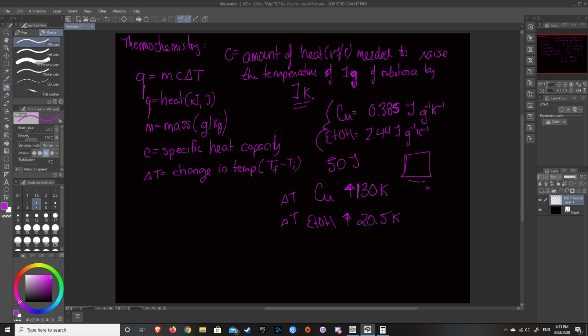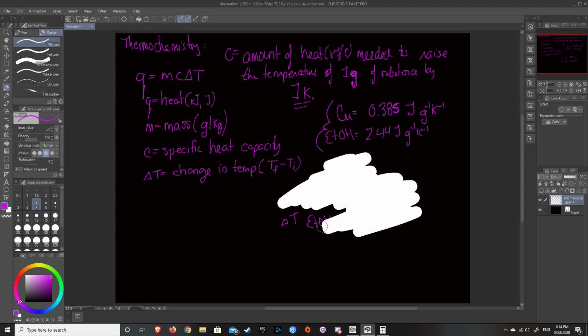You heat this with a hot plate for 10 minutes, it's not going to cause a big change. Heat this with a hot plate, it's going to cause a massive change. So that's what the specific heat capacity is. The specific heat capacity just talks about how many joules you need to change the temperature of 1 gram of substance by 1 degree Kelvin. So how to use this equation